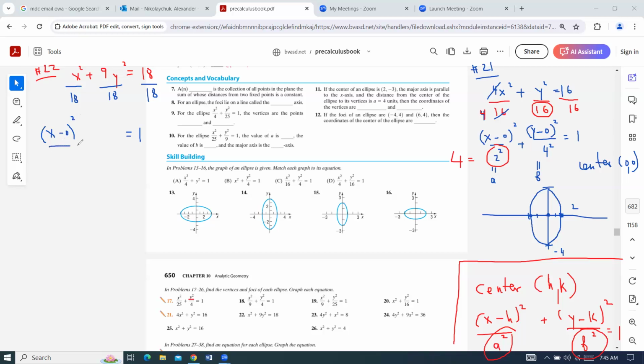Now, x squared, I can write it as x minus 0, just to make sure that we can see what the center is. And now, how can I write a perfect square instead of 18? Well, we take the square root, and we put a square. Because square root and square leave us with the same exact thing. So with that number 18, I just extract the square root and then put a perfect square. Looks like I cannot take the square root of 18, so I just leave it as a radical. And this is going to be my a,